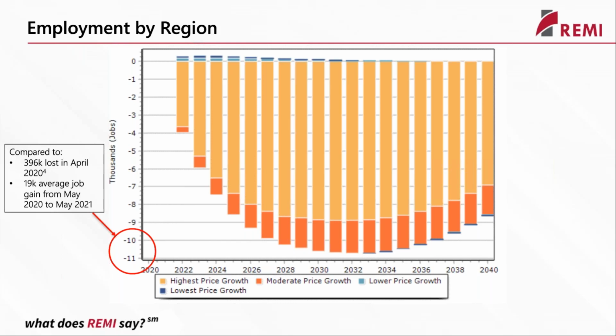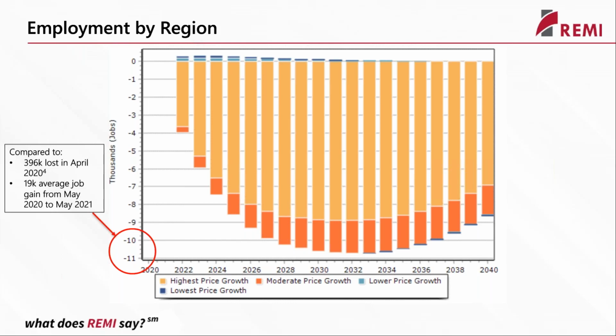Something that I think is interesting is that the highest price growth counties lose far more jobs proportionally than those moderate price growth counties. If you can remember, we increased the highest category by 10% above the baseline, and the moderate section is 5% above the baseline. So there's a 2-to-1 ratio there. However, the employment loss is not 2-to-1. Highest price growth counties lose far more jobs proportionally than moderate priced counties.